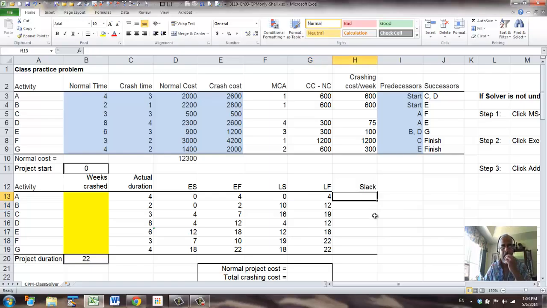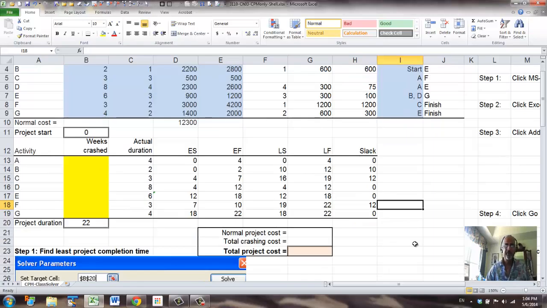Now we can set up slack time as the difference between two finish times or two start times. Either one would do. So let's use the finish time, and we can copy that, and we'll put the border back. So we have A, D, E, G as the critical path.